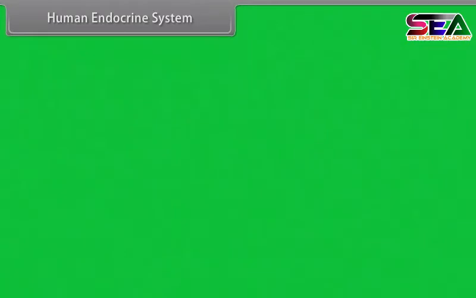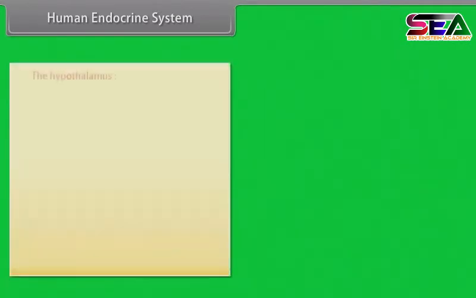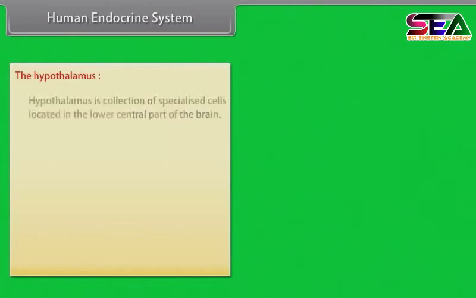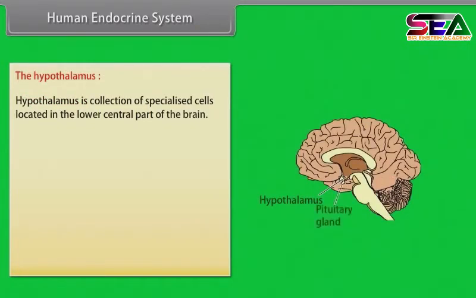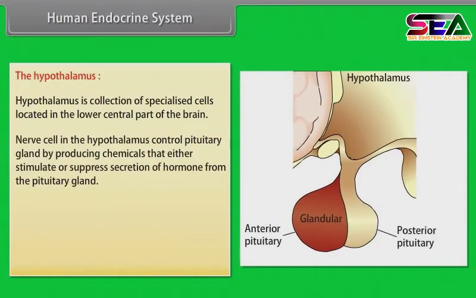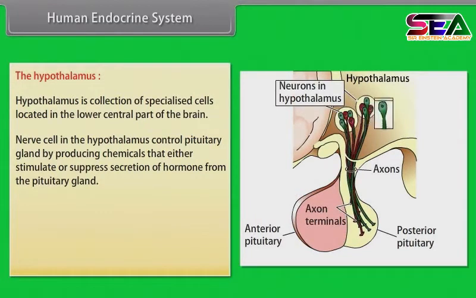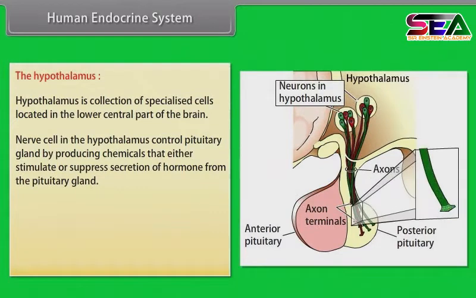Human endocrine system. The human endocrine system changes many processes of the body by the function of hormones. The hypothalamus. Hypothalamus is a collection of specialized cells located in the lower central part of the brain. Nerve cells in the hypothalamus control the pituitary gland by producing chemicals that either stimulate or suppress secretion of hormone from